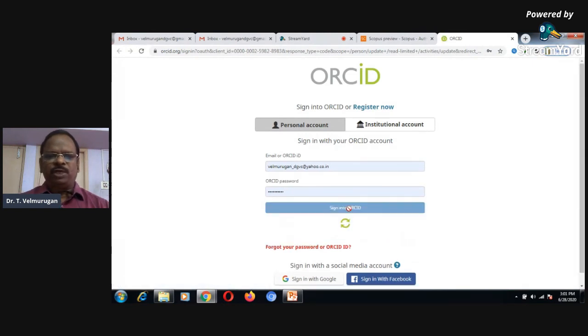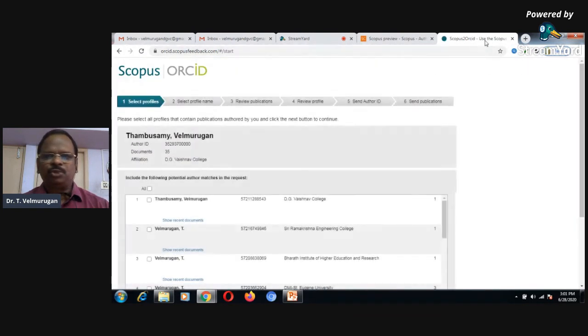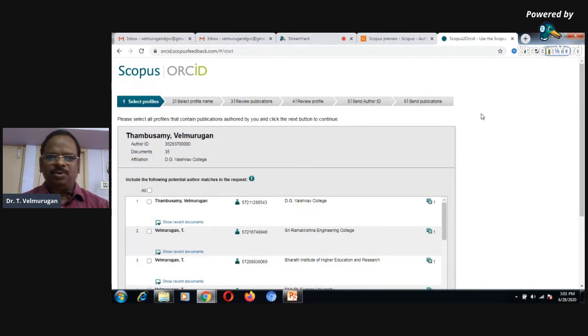This also requires your login details. Scopus to ORCID. You know that Scopus to ORCID is carried out. Okay. There are 6 steps available in order to connect your information in ORCID. You can find out very easily.